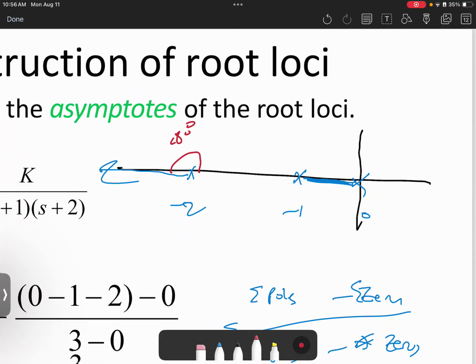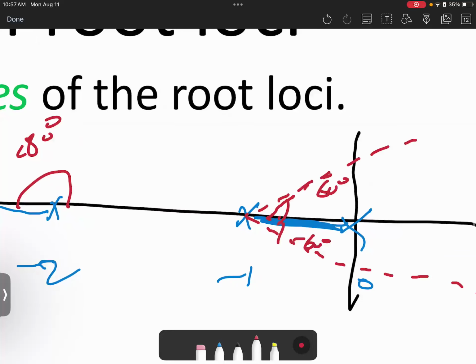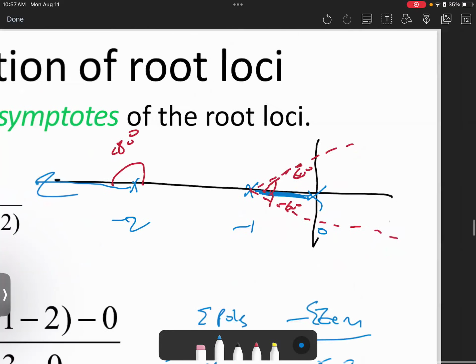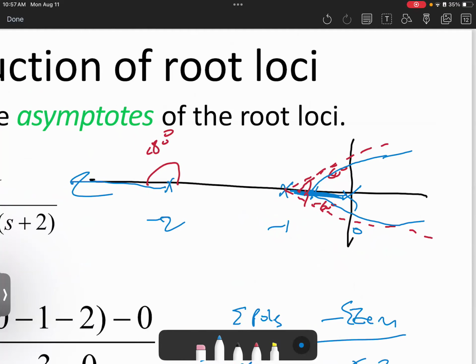One of them will go with angle positive 60, and the asymptotes at -1, positive 60, the other one at -60. Those are the asymptotes. How about the behavior? They will be moving with an intersection point here, like this, like this. Here, it will give you a clear image of why these poles are moving this way,